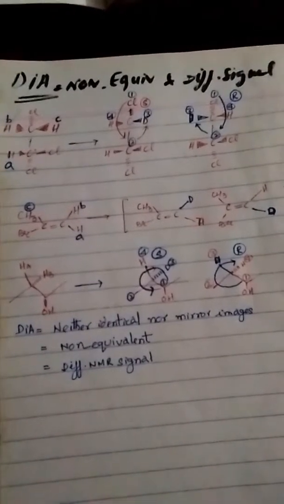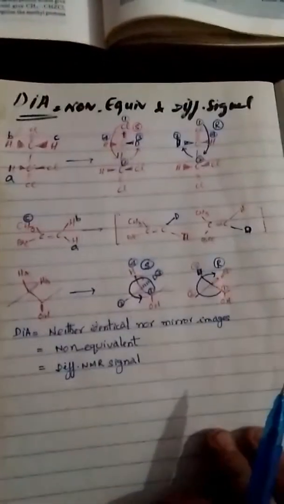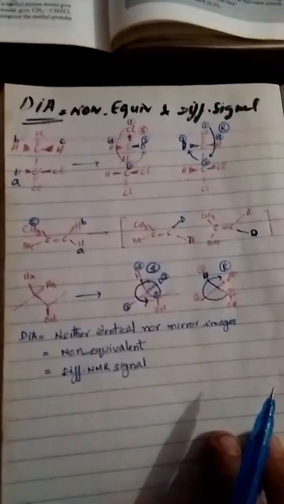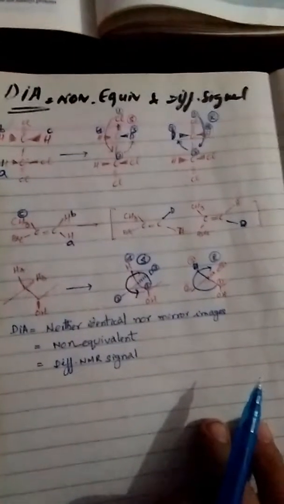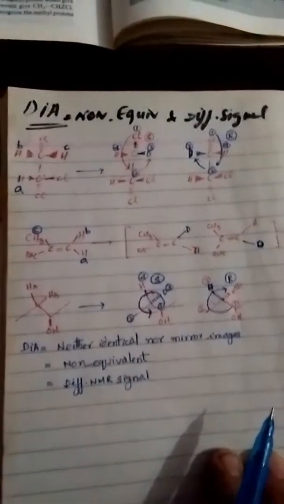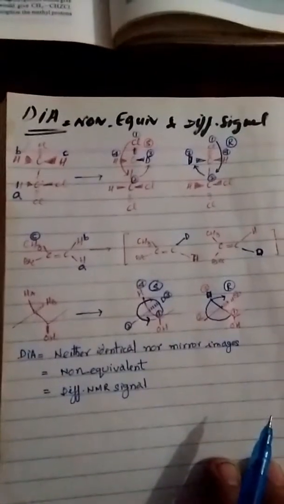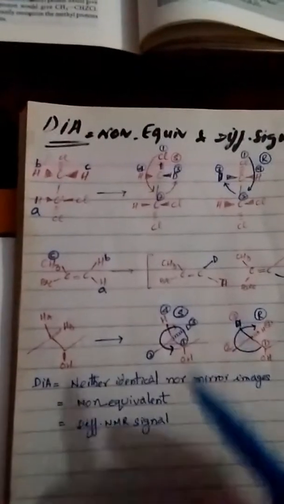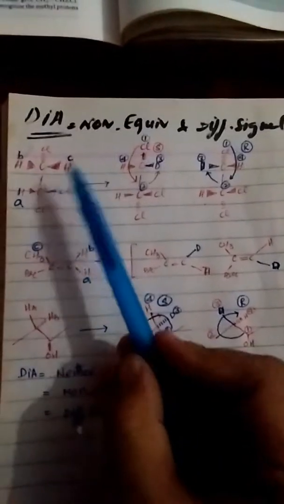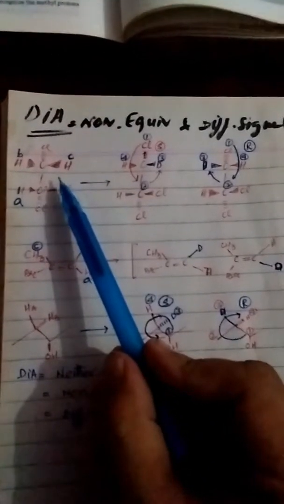I'm showing you examples of the diastereotopic protons. Basically, these are the protons which are non-equivalent, and they show different signals. The fact is that I am providing an example, for example this very compound, where it is very visible that this proton is different from this proton,